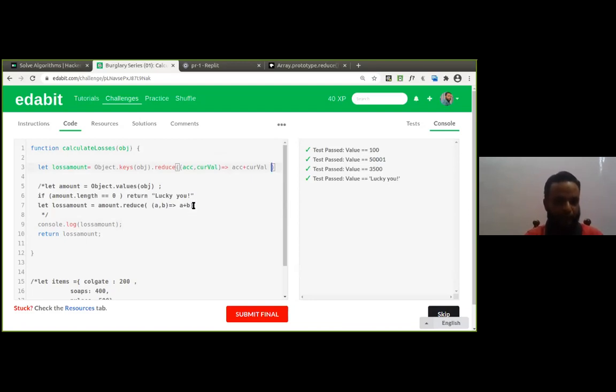Now if we do not give the zero value, in this example that I have explained, it was all numbers, isn't it? Now in this case, if I give this, what will we get? We'll get the object here, isn't it? The current value will be what here? Keys of the object we will get. Rohan, is it okay? Am I right?